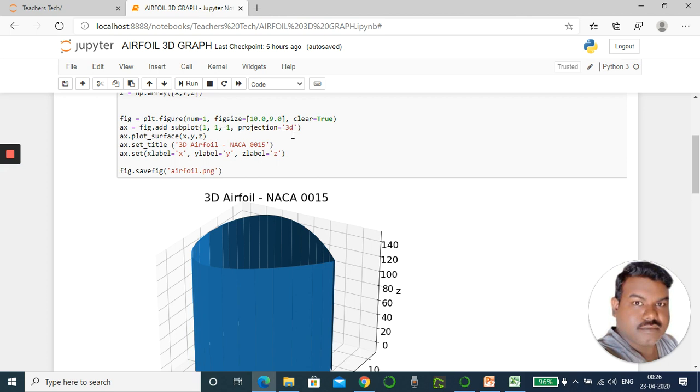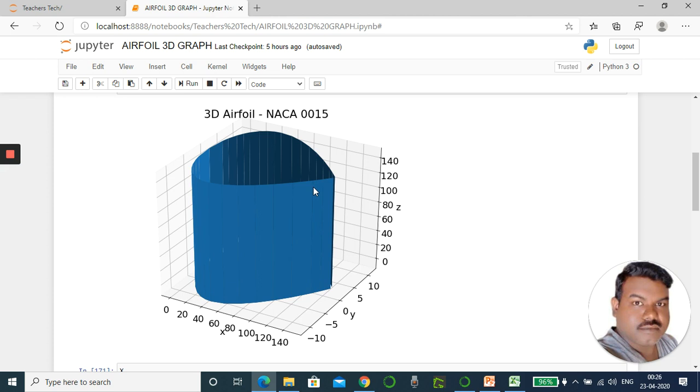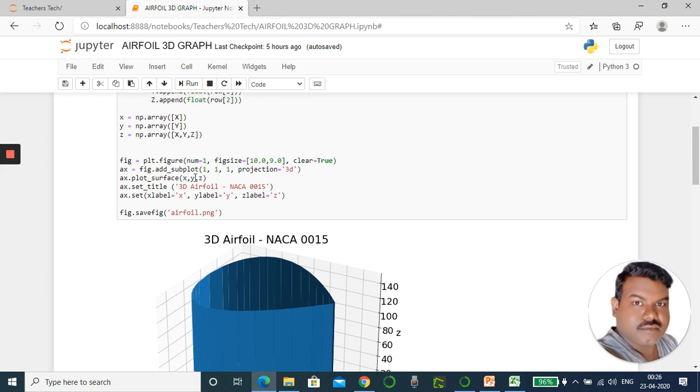Then projection 3D. Using this only, we are projecting this object into 3D. Next, this is the command for making the surface: ax dot plot surface x comma y comma z. This should be small letters, because we are going to plot only for the array, so for this array we are calling here and making a plot.